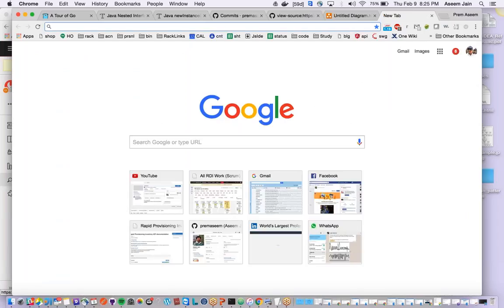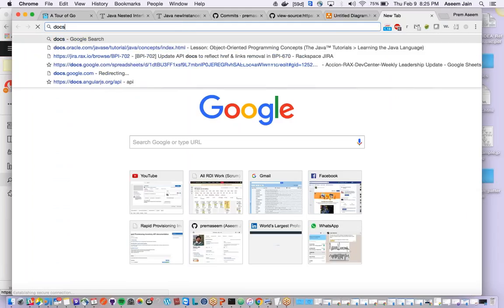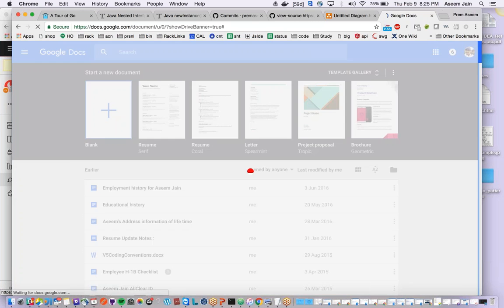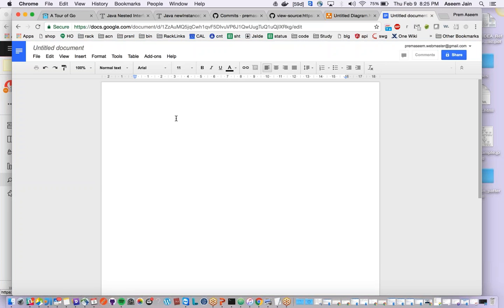Before I do that, let me use Google Docs. By the end of every technology session, we will have project submissions. So what all we are supposed to use here, and what's the application? Our application would be called